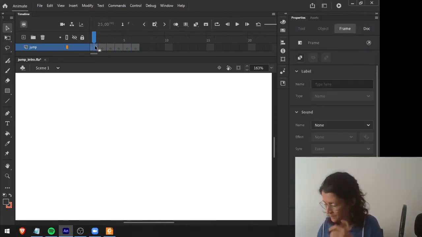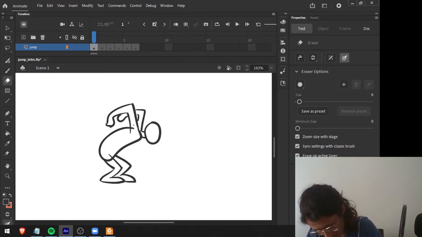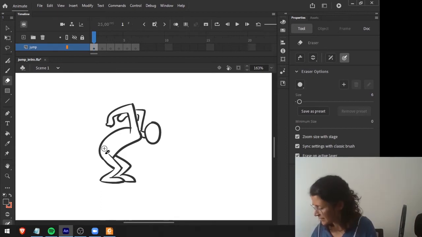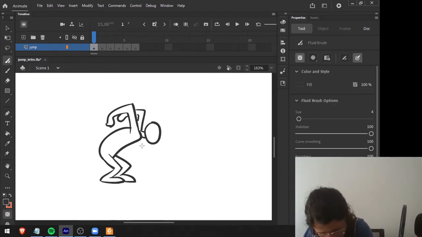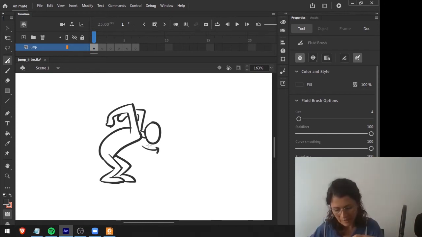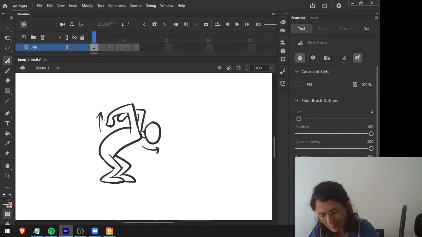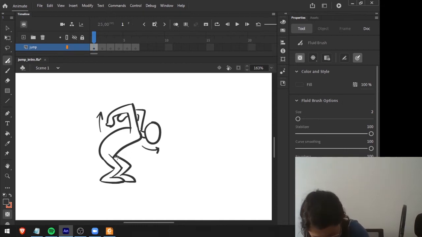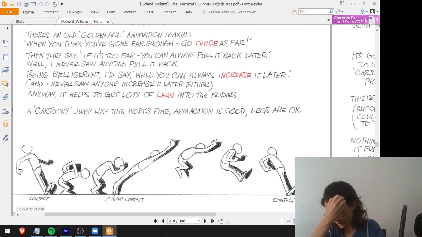Okay, so the first pose. In this pose here, you can see that the character is shrunk and is gaining the energy before the jump. Another thing that you feel here is that the head is coming down also, because he really tries to get into the ground, and the arms are coming up. Okay, so in this first pose, we bend the legs and bring the head down. So we did this pose, and now we are doing the next pose. And I told you that we would make this one because it's another extreme.